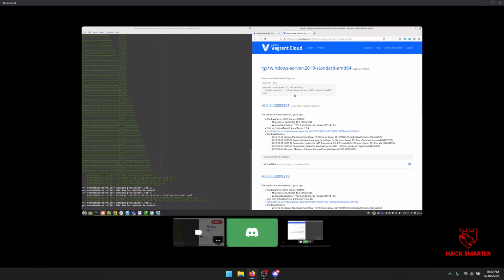And essentially, if you look here, this is the simplest example of an infrastructure as code example, where all we're doing is telling Vagrant to configure a new virtual machine for us and to pull the base image from the RGL group, which is a Windows Server 2019 machine. You can see that these machines are fairly old, so one note is that you probably want to update them when you use them. But the reason we like them quite a bit is